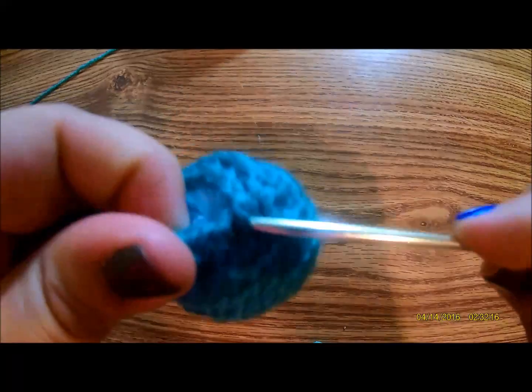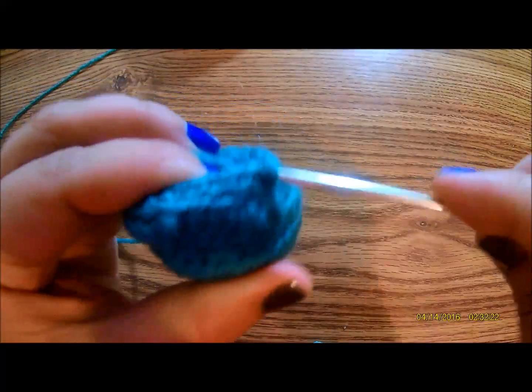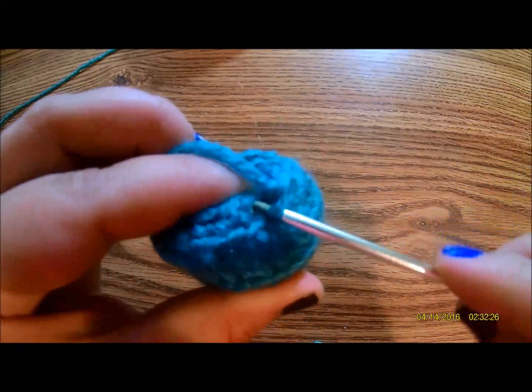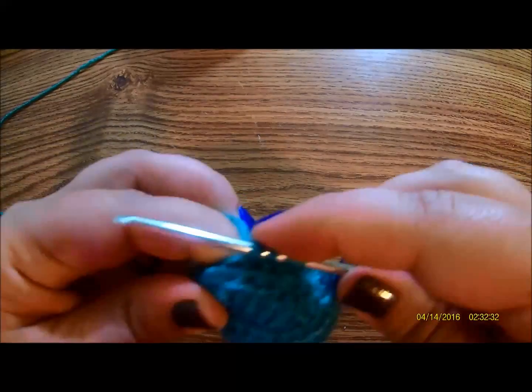Whoa, come here. 1 single crochet. Another single crochet. And a decrease. Continue this pattern around 5 times. And at the end of this round, you will have,